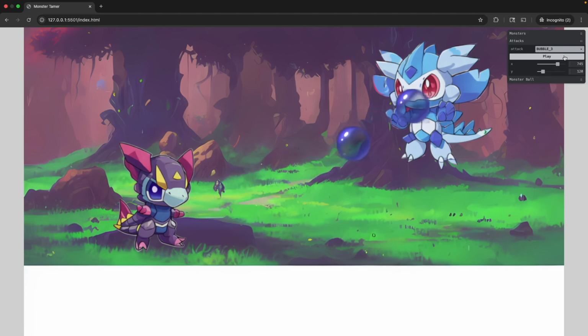The third approach is to spawn multiple sprite instances and then move them toward the target with tweens. This is really similar to how I handled the slash attack or a monster ball throw in Monster Tamer. You can offset their timing slightly, giving each one a curve or a delay, and they end up with a really stylized attack motion. It gives you full control over the timing, your easing, your path, perfect for more cinematic